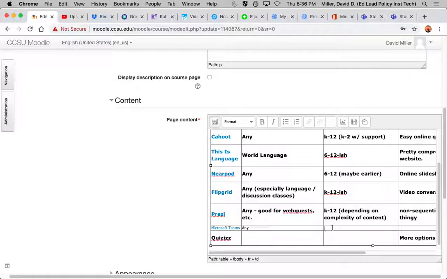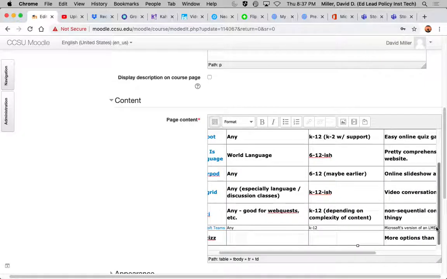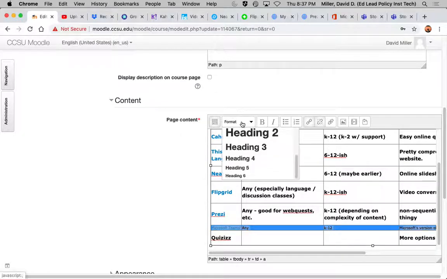We are actually, in our district, using Teams at pretty much every level. They're using it at the elementary level, at a very basic sort of way. And this is really, I'll say, Microsoft's version of a learning management system. So it really gives you some of that functionality.